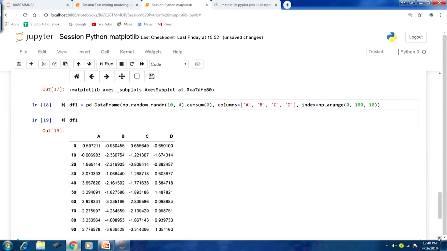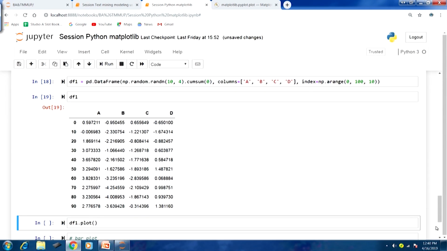You can see that we have these 4 columns A, B, C, D, and we have been able to generate indices also. You can have a look: 0, 10, 20. These are the row index values, and the column names A, B, C, D, and the values have been drawn from a normal distribution. So, we have 4 columns and 10 rows, so 40 values in total.